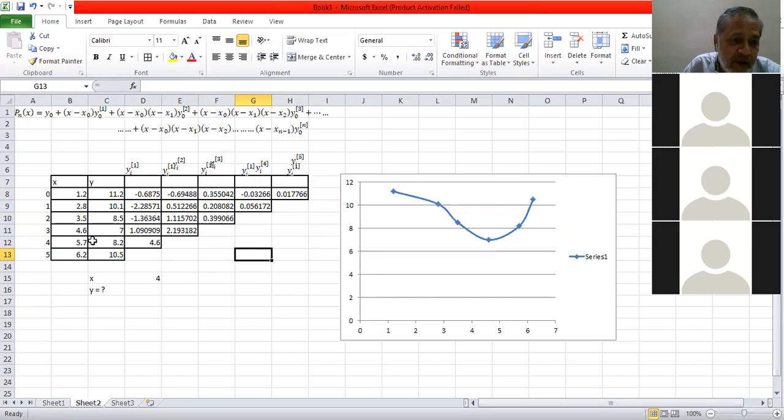तो अगर एक्सरसाइज सिर्फ इतनी करनी है कि मेक अ डिवाइडेड डिफरेंस टेबल फॉर द गिवन डेटा, नाउ द एक्सरसाइज इज कंप्लीट। I want to use this formula here for estimating y using say fourth degree और थर्ड डिग्री। मैं सुस्त आदमी हूँ, थर्ड डिग्री से काम चलाता हूँ, तो थर्ड डिग्री के लिए कितने पॉइंट इस्तेमाल होंगे? याद रहे, फर्स्ट डिग्री के लिए 2 पॉइंट, सेकंड डिग्री के लिए 3 पॉइंट, थर्ड डिग्री के लिए 4 और फोर्थ डिग्री के लिए 5, एन डिग्री के लिए n+1। जितने डिग्री की हम एस्टिमेशन कर रहे हैं उससे एक ज़्यादा पॉइंट चाहिए। अगर मैं यहाँ पे कहूँ कि जी थर्ड डिग्री,